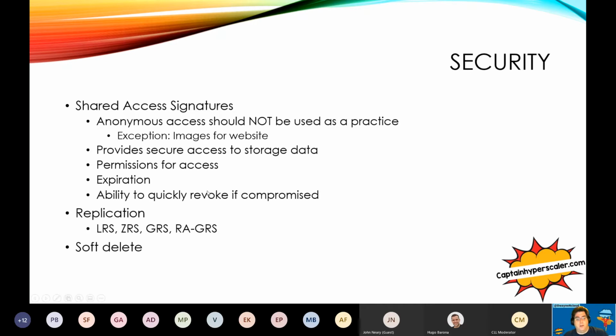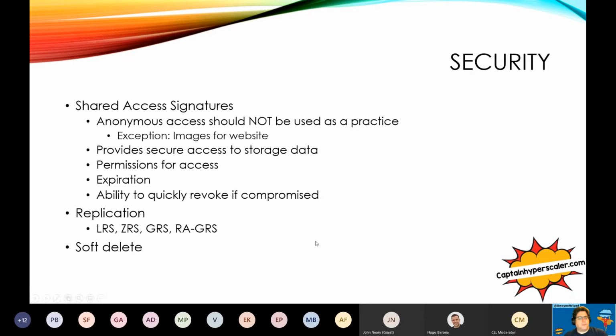those up and you can give those an expiration date, and you have the ability to very quickly revoke that if you find that it's been compromised, that somebody has given that link to somebody that's not authorized. You could very easily go in, revoke that key, or revoke that shared access signature, or change the key on that, so that that previous link is no longer valid, and you limit your amount of exposure of